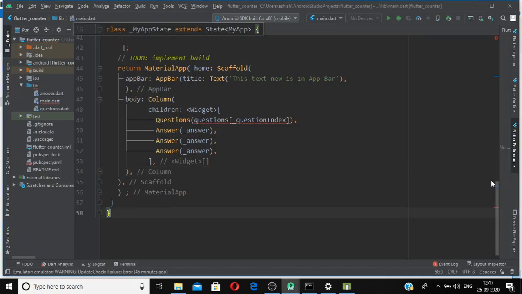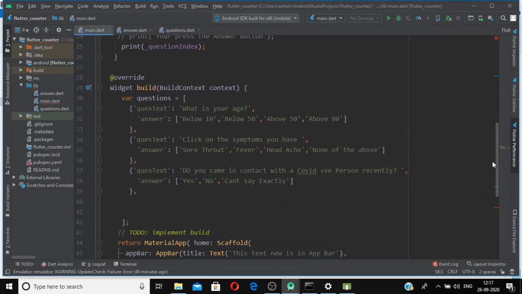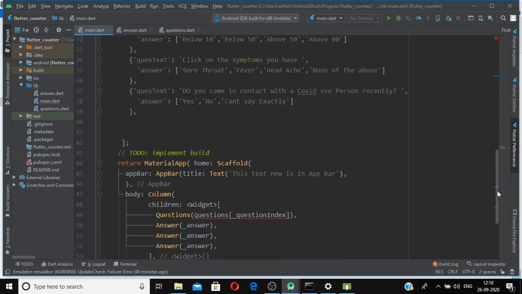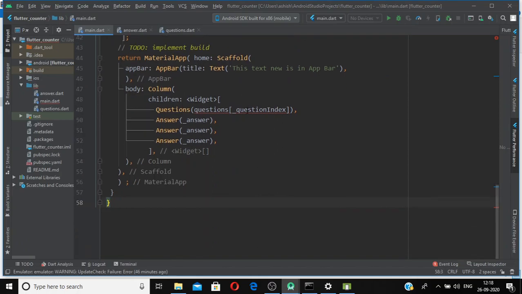Previously we have made a list of maps, and inside each map we have our question and our answer, and inside our answer we have a list of options, or list of strings. So now we are going to use this in our widgets. We have our scaffold widget, and inside it we have used an invisible widget, that is the column widget, to style our visible widgets. And inside our column widget we have a list of widgets